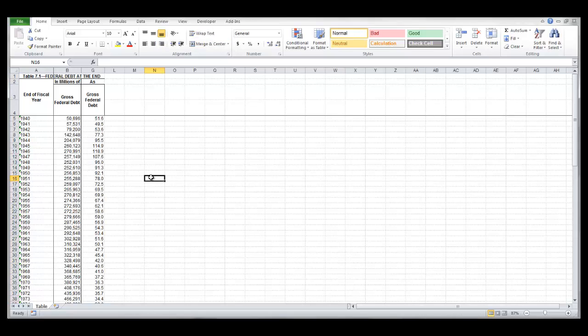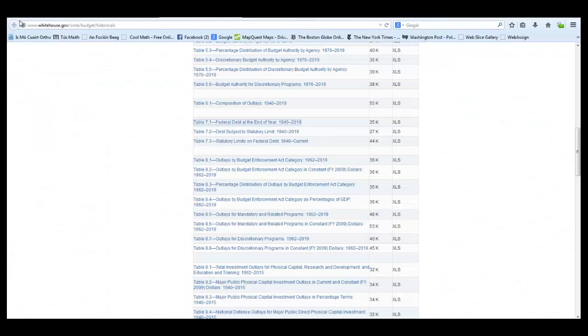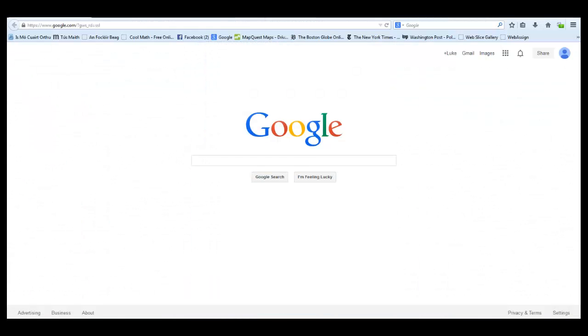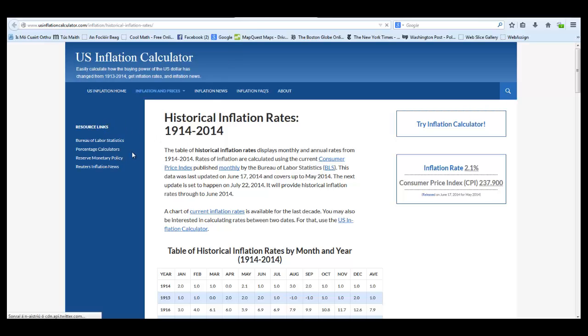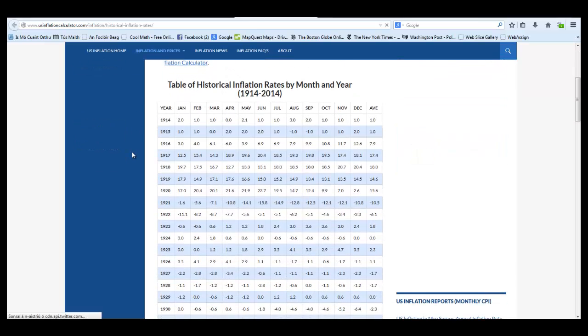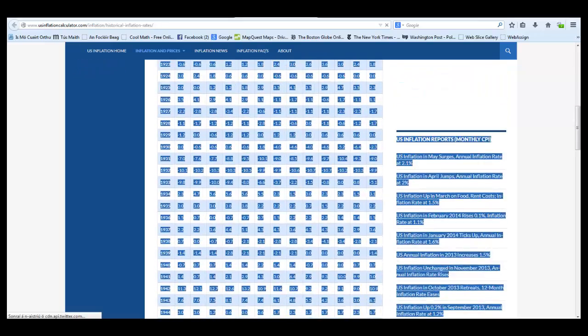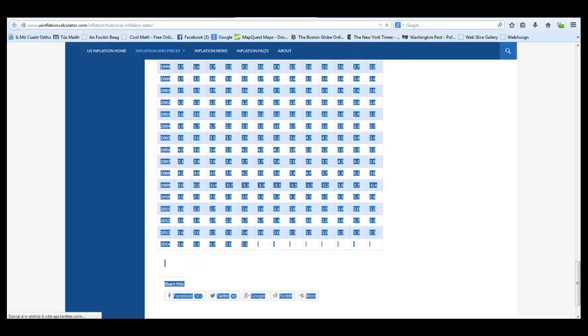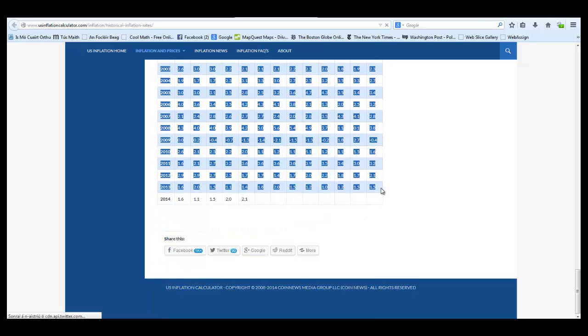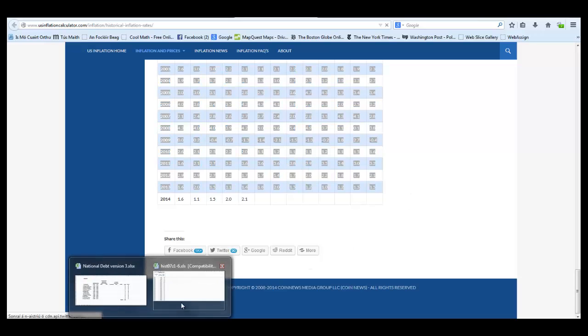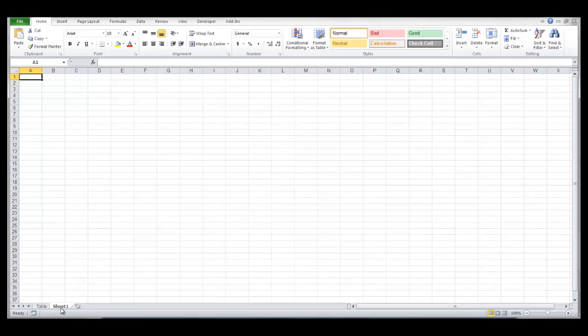All right, so now what I need to know is the inflation rate. Well, guess what? I'm going to go back to Google. And when I go back to Google, I'm going to find this page on the Bureau of Labor Statistics. And basically, it gives me historical inflation rates by month and year going back to 1914. So I'm just going to copy this whole thing. All right, I don't want 2014. I don't need that. That's extraneous. So I copy that, and I go to my web page,